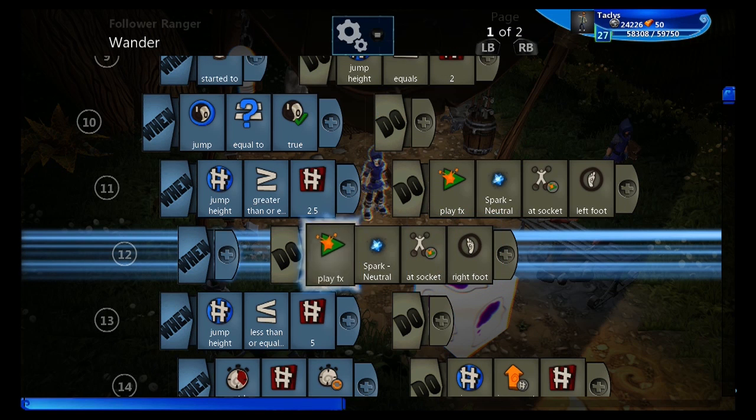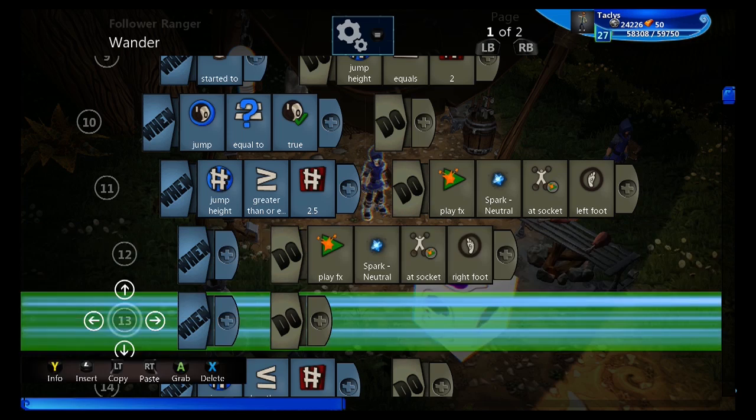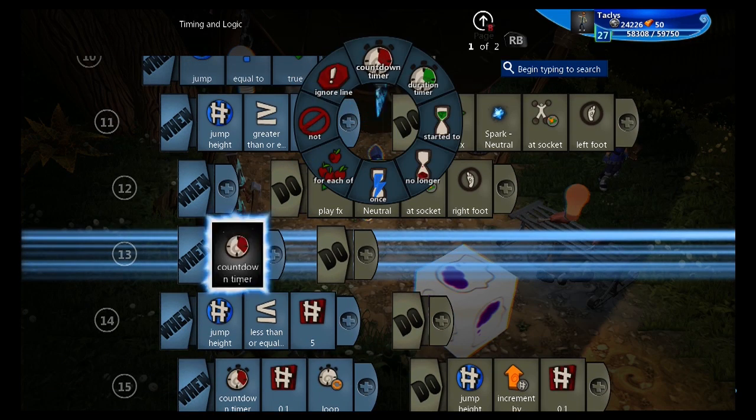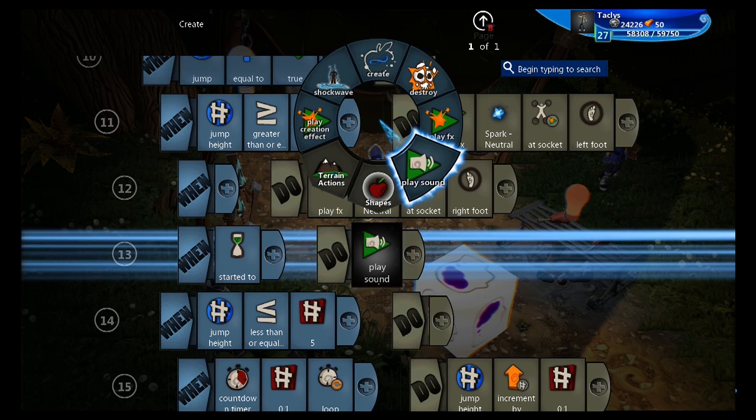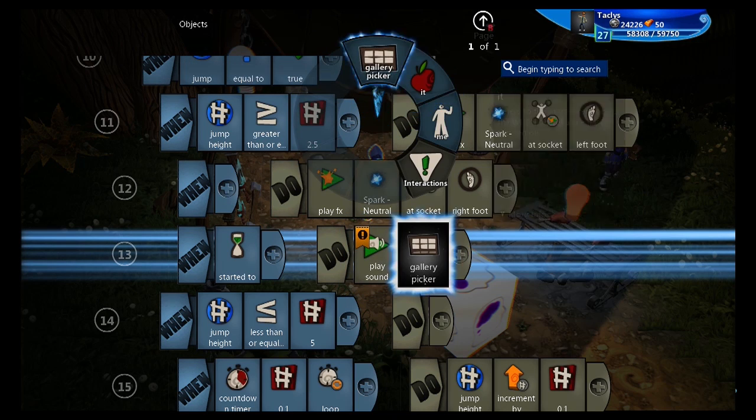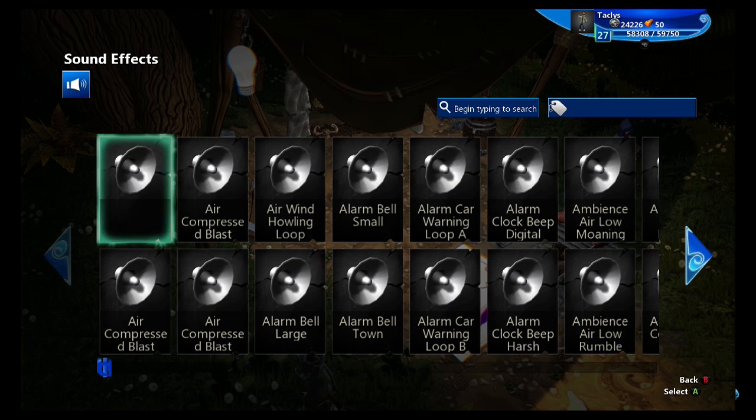Now I also want an auditorial cue. So we're going to put started. And we want some sort of, not an annoying or aggressive sound, just like a little indicator sound. So I'm going to do,